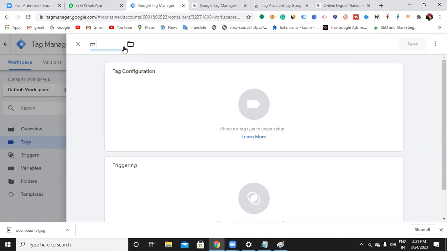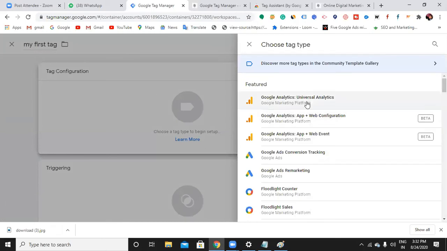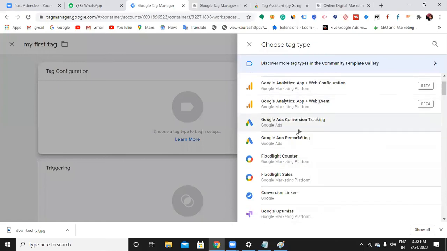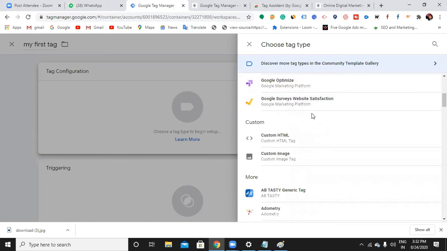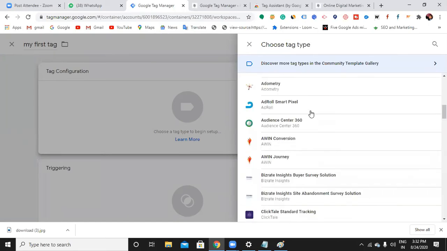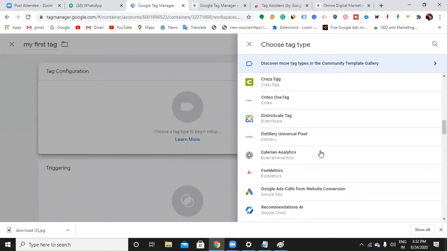Okay, my post tag. If you click this, it will show you many things. You can track Google Analytics, you can track conversion tracking, remarketing. So many Google products are available here. And other than Google products are also available.